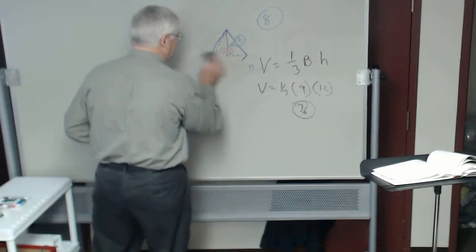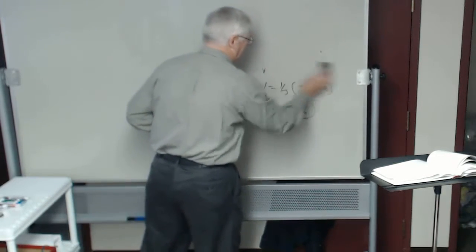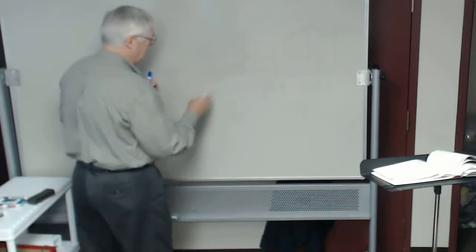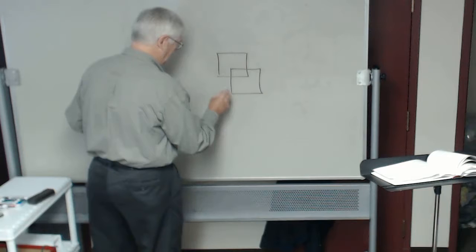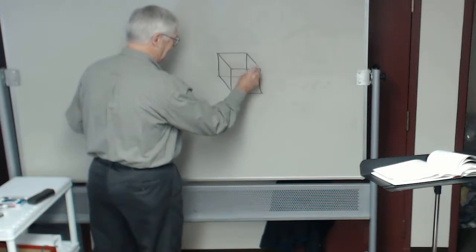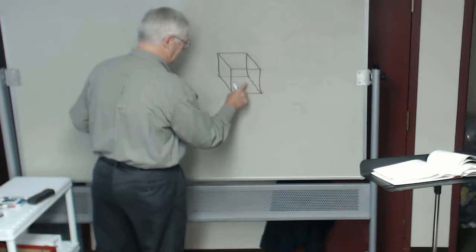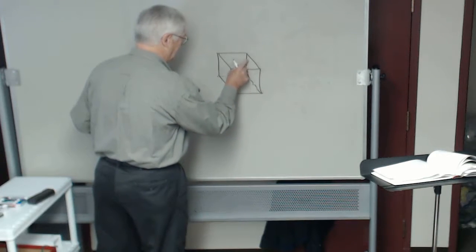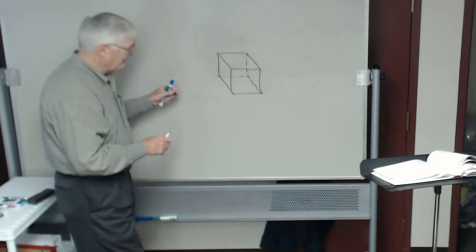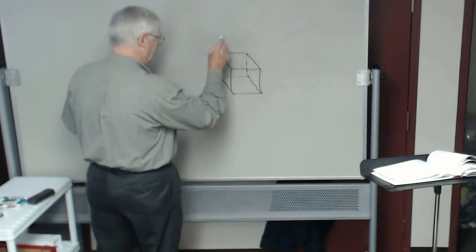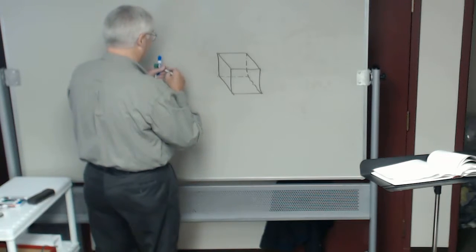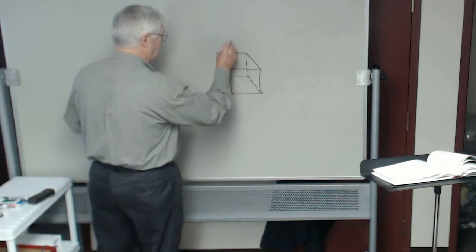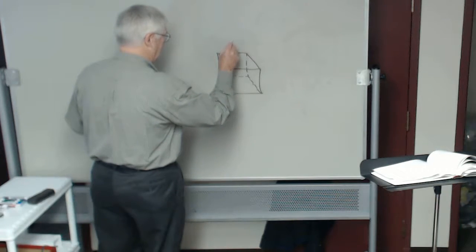Let's see if I can draw this one. I don't know who taught me this years ago, but it's kind of a slick little trick for making cubes. Here's a square, then make another square right there, and then connect them. Is that kind of slick? And then these become the dotted lines back here. Okay? Then I need to build another one on top of that. So what do I need to do? I need to come up here with another one that's this tall